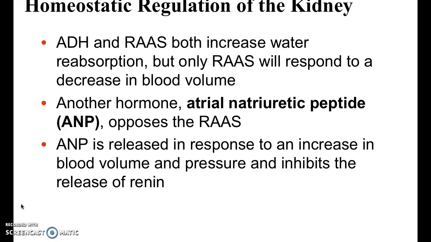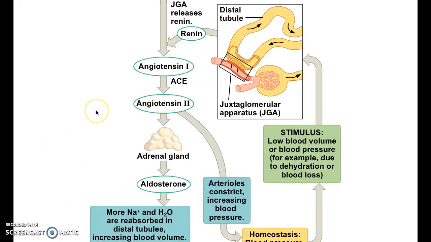So let's go back to the picture and I'll tell you what is happening. If there is an increase in volume, so there's an increase in blood pressure, ANP basically cuts this path right here. Renin is not produced. ANP blocks renin from being produced. If renin is not being produced, angiotensinogen that comes from the liver is not converted into angiotensin 1. Then the ACE, the angiotensin converting enzyme, does not convert it into